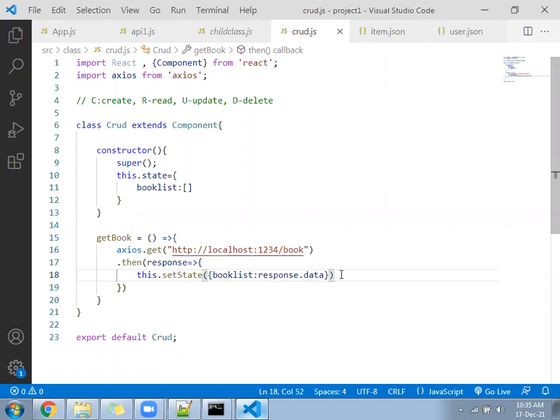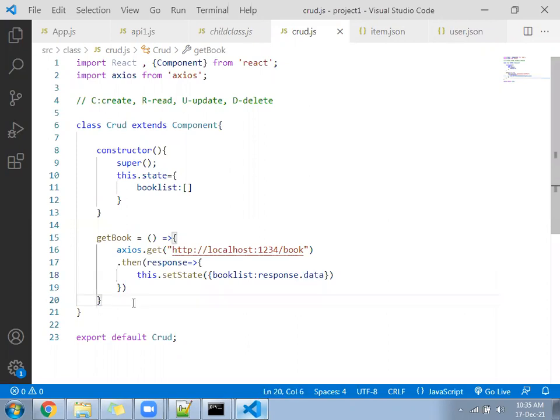If you are calling a URL, whichever content comes from there, the response variable name can be anything, but data will remain the same. The data variable name you can't change. Okay, hope you are ready till here.